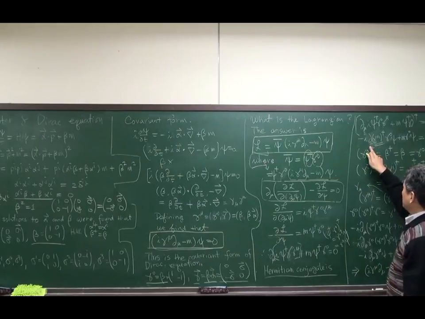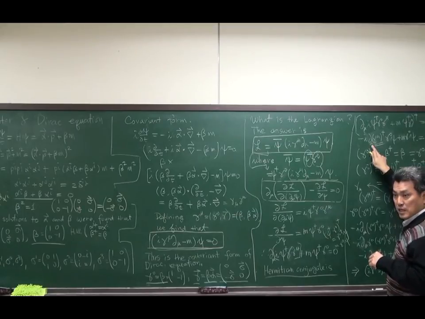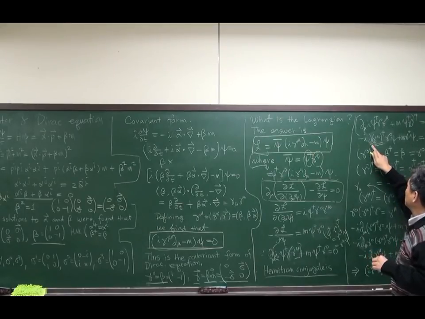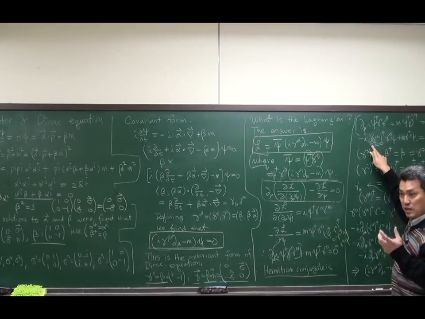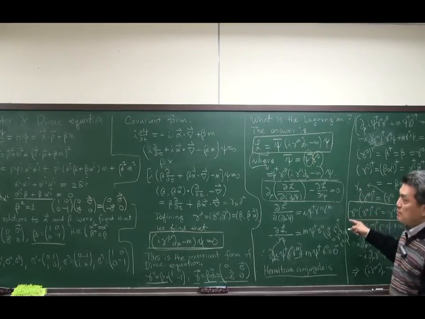So it is wrong. Why? This derivative is covariant, and this derivative must be coupled to a contravariant one. We have to correct this relation. One of the ways is just to multiply by gamma 0. We have this kind of relation. This is homework. It is very easy to show using everything shown here. If I multiply gamma 0 to gamma mu dagger, it becomes gamma mu with lower index, but when gamma 0 commutes with gamma 0 and gamma i,